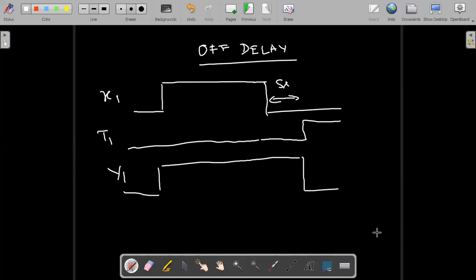So we saw two basic timers. One is an on delay timer and the second one is an off delay timer. Now we'll do some interesting examples. You can also try these examples. These are some basic applications using our timers. First we'll construct that part, then we'll actually do those things in our actual simulator.